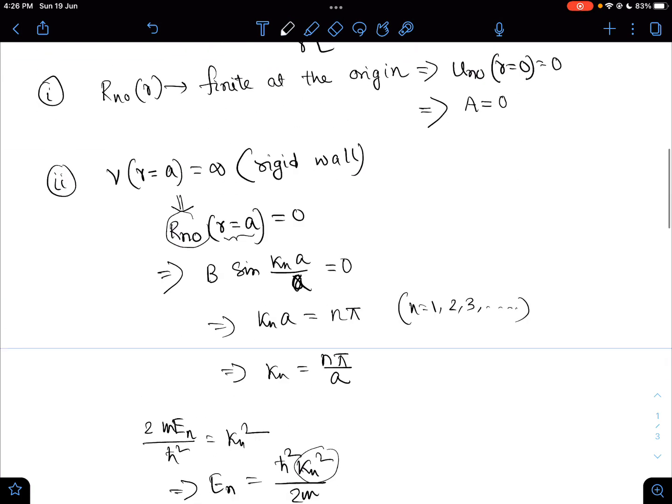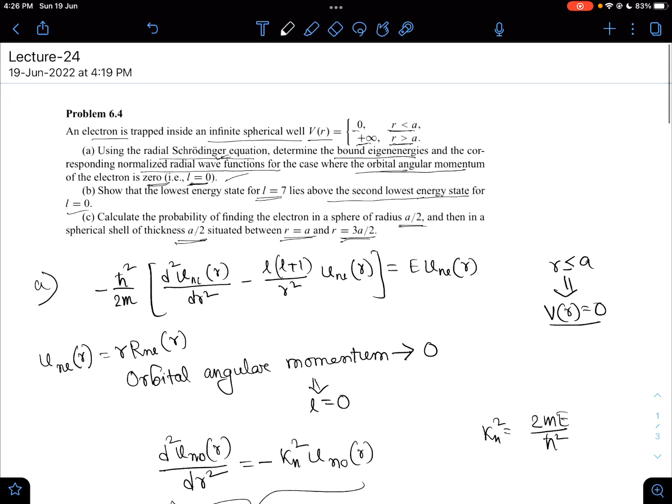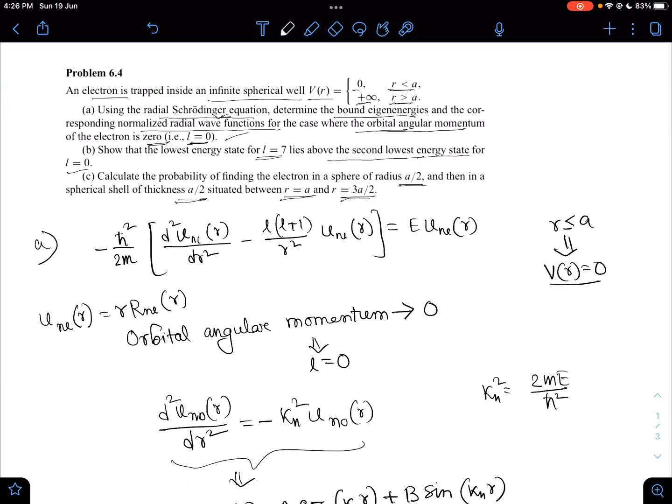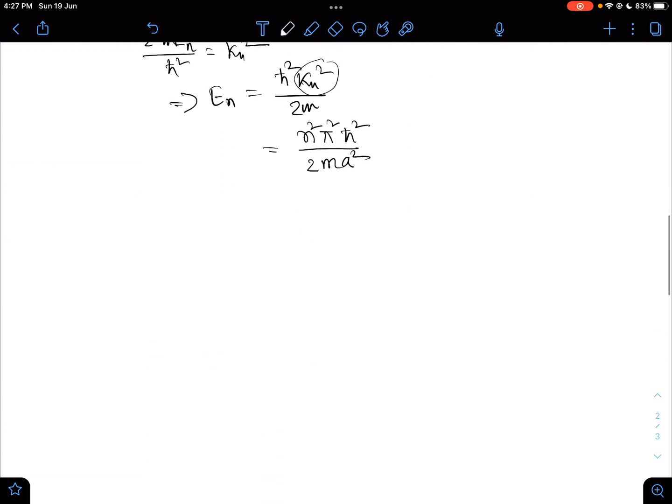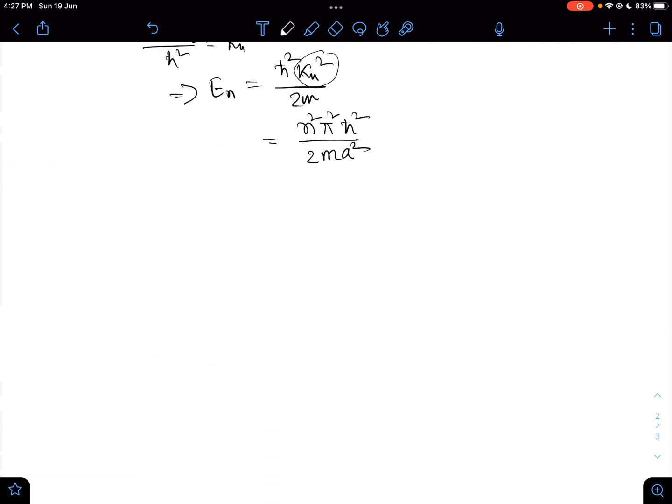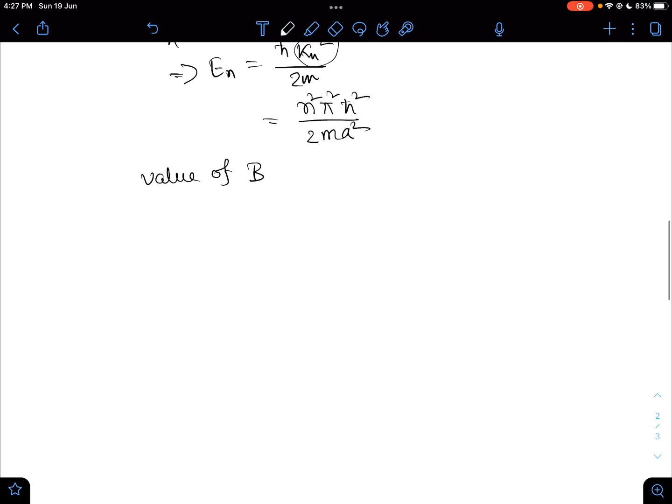So this is our energy, and what we have to find is the corresponding normalized radial wave function. That means we have to find the value of b. So how do we find the value of b? We can find it by normalization of the radial wave function. So from normalization,